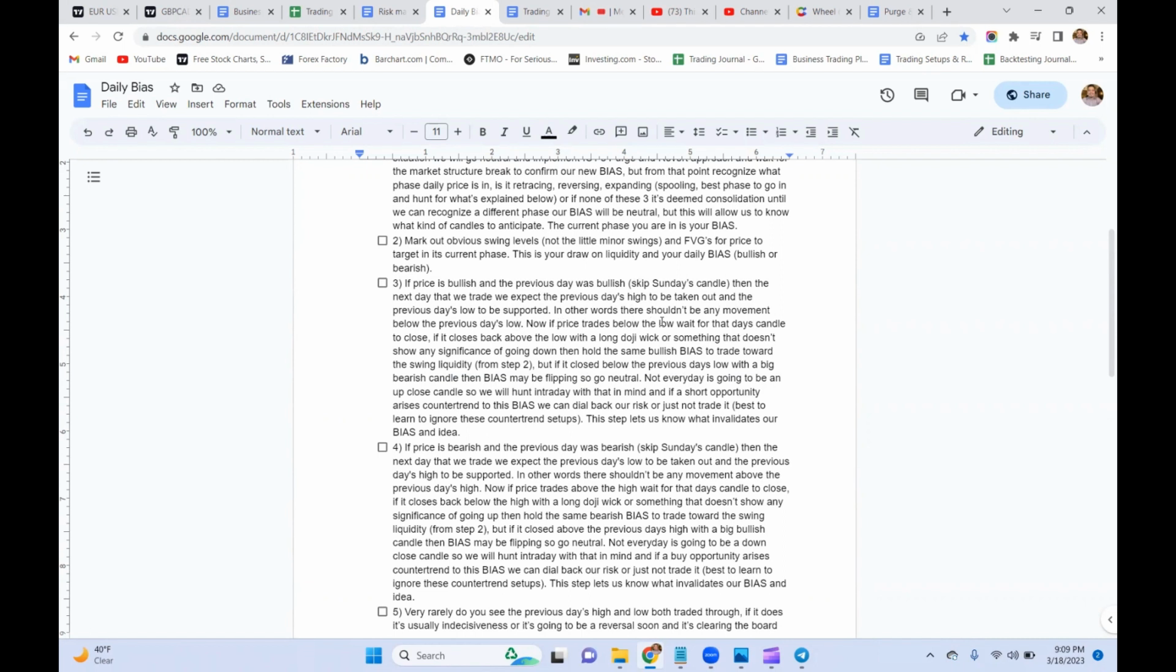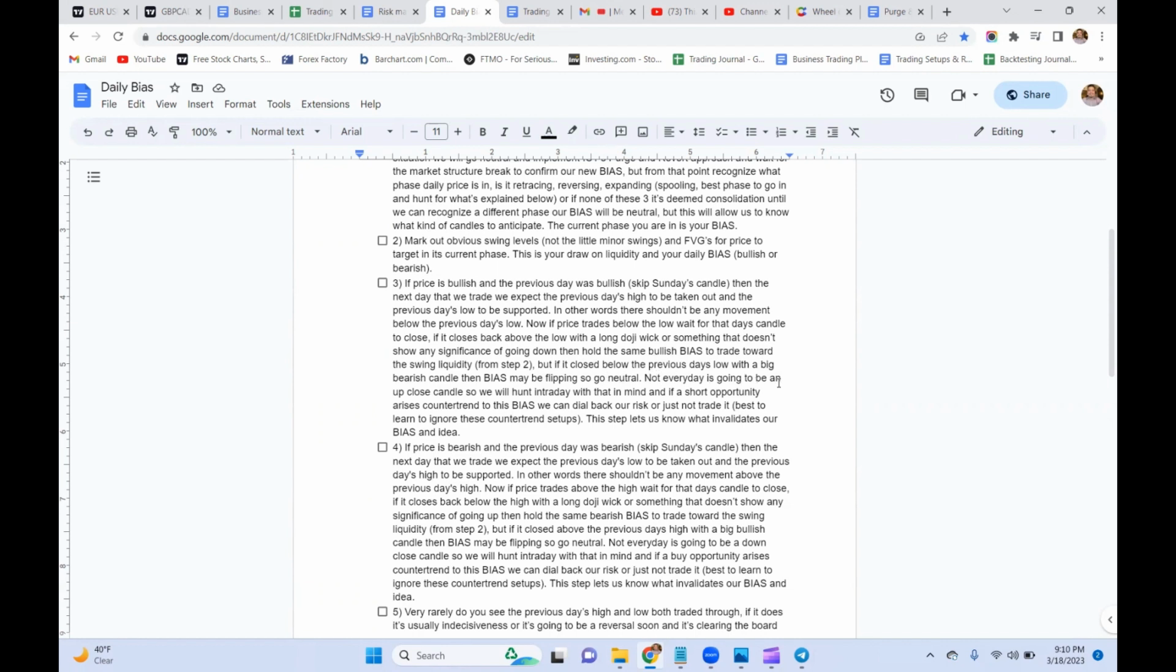Now, if price trades below the low, you want to wait for that day's candle to close. If it closes back above the low with the long doji wick or something that doesn't show any significance of going down, then you want to hold the same bullish bias to trade toward the swing liquidity from step two. That's the swing liquidity that we already have marked out. But if it closed below the previous day's low with a big bearish candle, then bias may be flipping, so